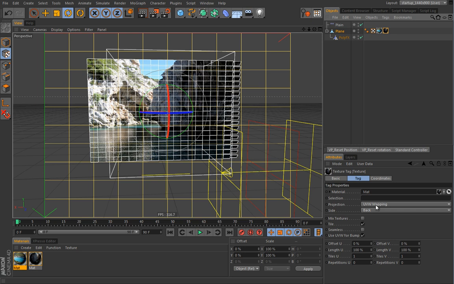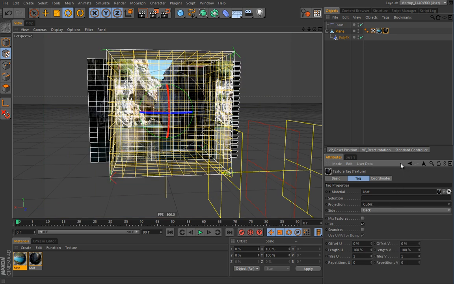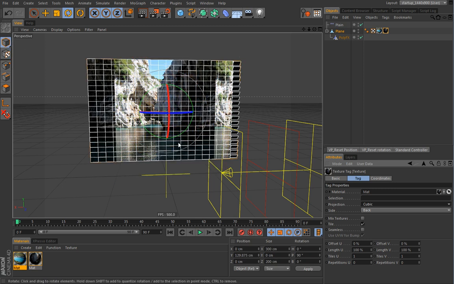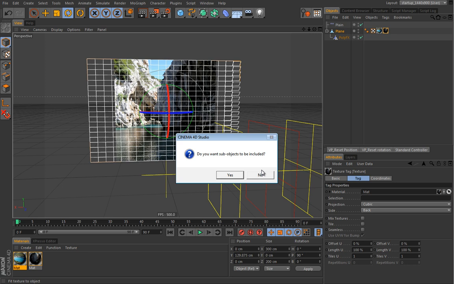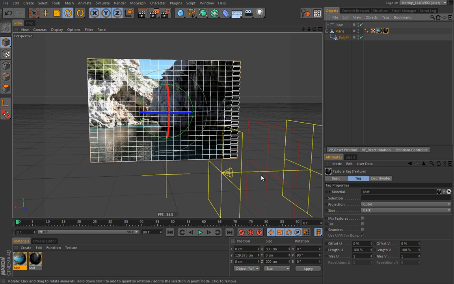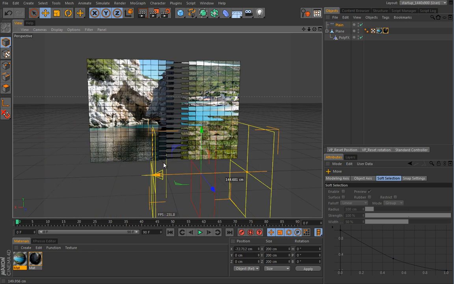Now what I will do, I will simply change the projection. Let's try cubic, and I will just temporarily turn off this texture mode and turn off tiling, and I will right click here and do a fit to object command. It will ask me if I want the sub-objects to be included. No, because this polyfix doesn't have anything to do with this, so no, and nothing changed. We still have the same effect, so